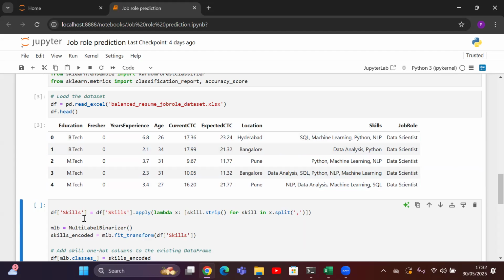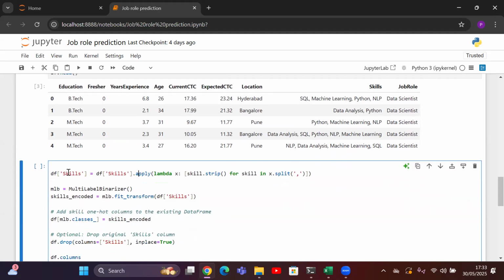So we are going to do a multi-label analysis for this particular column, skills, because this is not a single label. A candidate might know Python, NLP, and SQL all at once. So a traditional label encoder will not work, as I mentioned. Before applying the MultiLabelBinarizer, we are going to split the skills based upon the comma. We have seen that the separation is always a comma in this particular format. And we are doing it by applying a lambda function on all the rows of the data set.